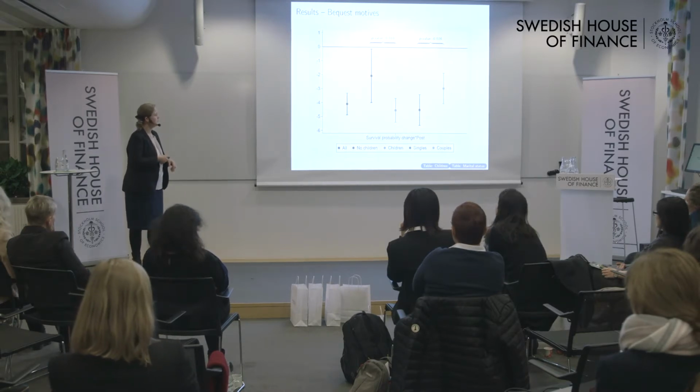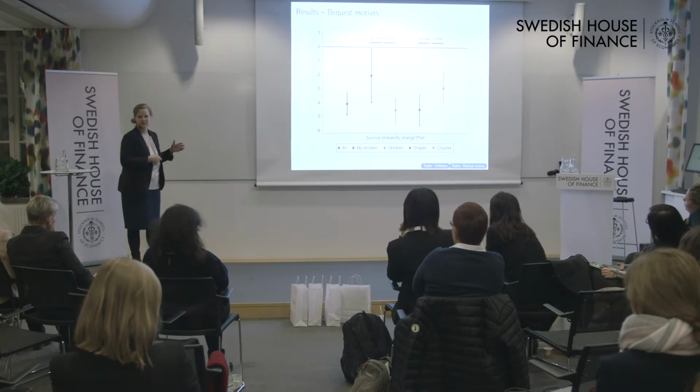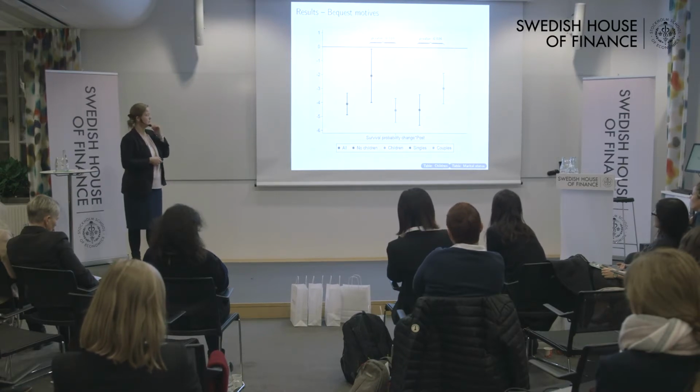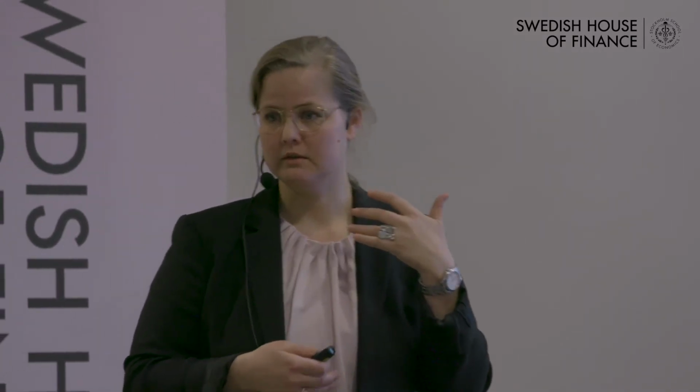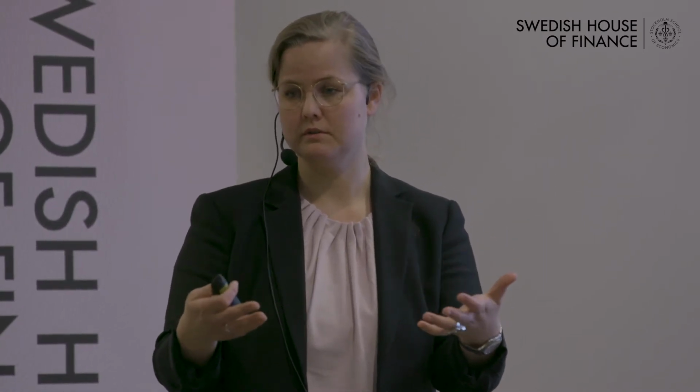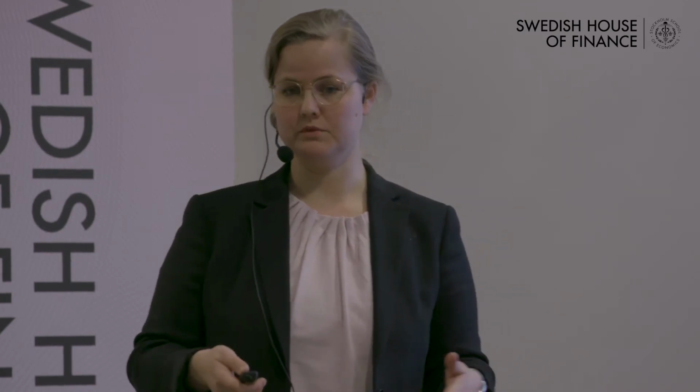So these different dots then show different specifications. So, as I mentioned, there is heterogeneity here. For example, if we look at whether you have children or not, we expect individuals who have children to have a bequest motive, and that they would dissave less, if you like, in response to lower survival probability, or at least that there is a trade-off. And that's what we see here. So we see that this pink specification is a stronger increase in savings in response to lower survival probability compared to